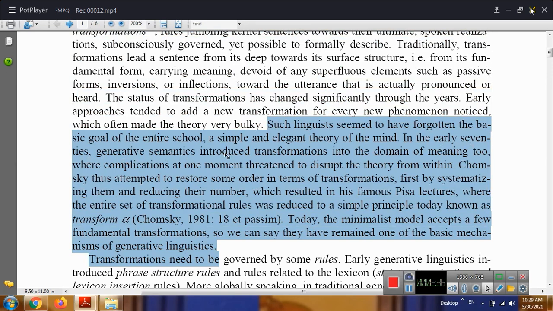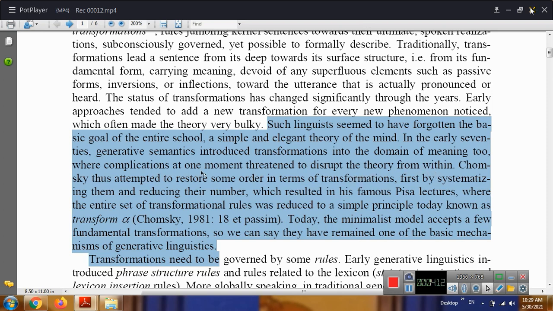In the early 70s, generative semantics introduced transformation into the domain of meaning too. Here we can see that the transformations of Chomsky are not common just in syntax. In the early 70s, transformations were extended to meaning, where complications at one moment threatened to disrupt the theory